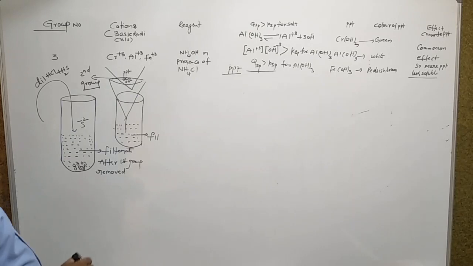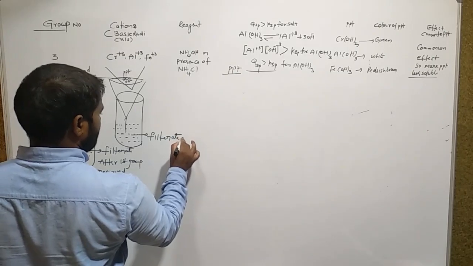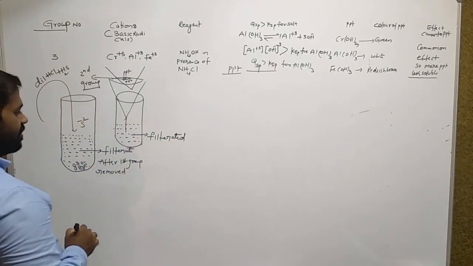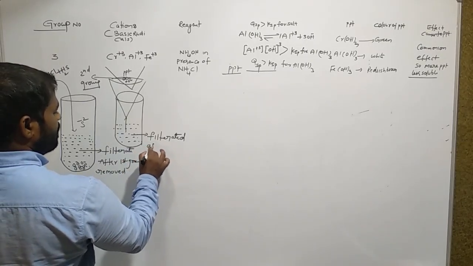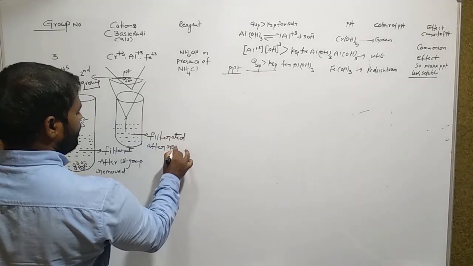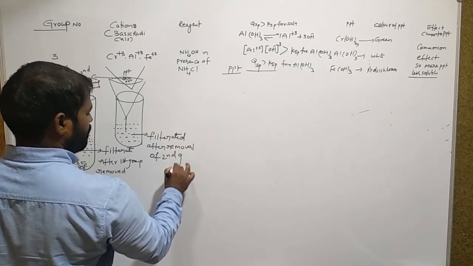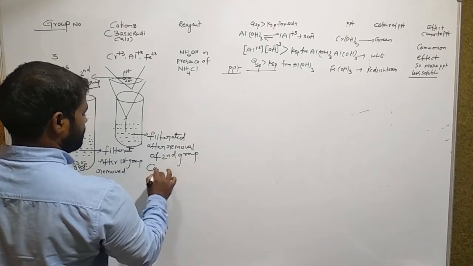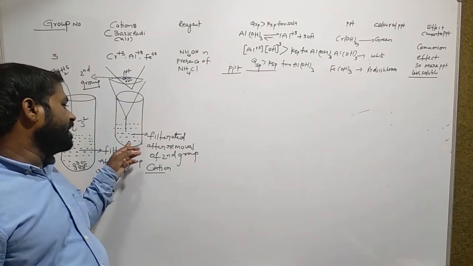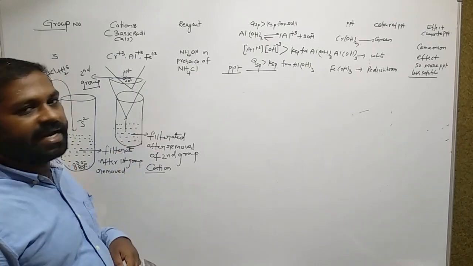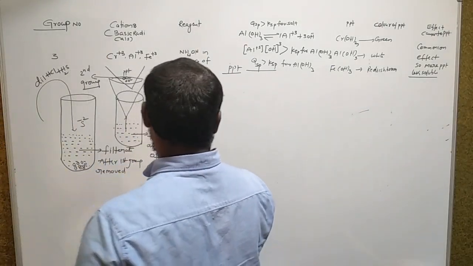Okay. Now this liquid after filtration, filtrated, is called filtrate. Now after removal of the second group cation, am I right? Second group cation. The second group is separated. Then we get the filtrate here. By using this filtrate, we go for third group cation analysis. Third group cation analysis.